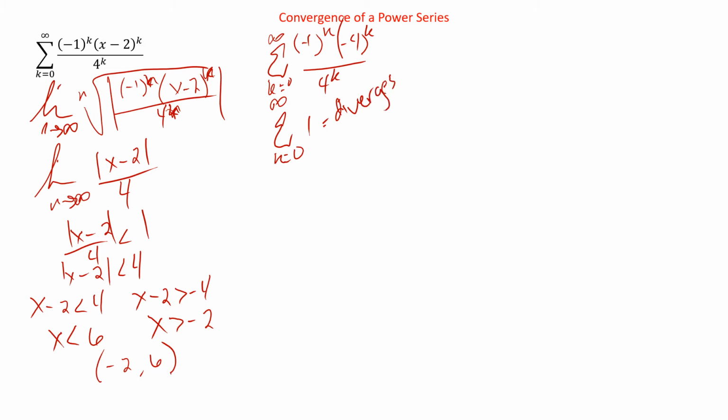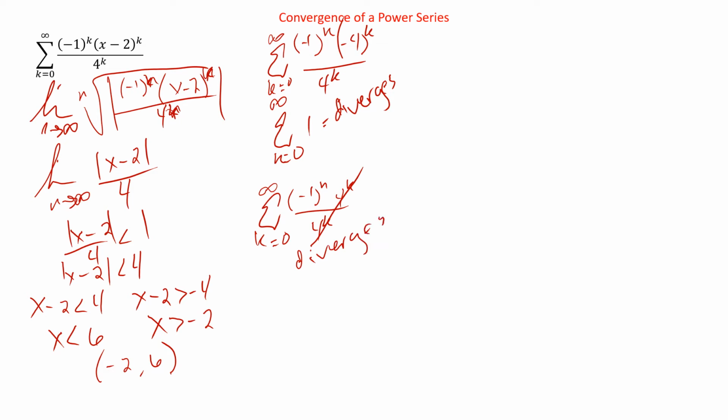And then we can plug in 6. The sum from k equals 0 to infinity of negative 1 to the n. We plug in 6. 6 minus 2 is 4. So we have 4 to the k over 4 to the k. That cancels. So we're going to have negative 1 to the n, which is going to go negative 1, positive 1, negative 1, positive 1, negative 1, positive 1, which also